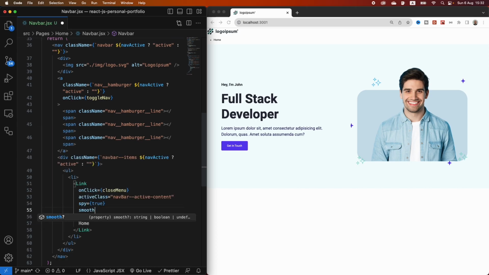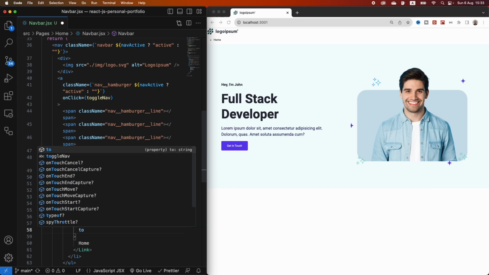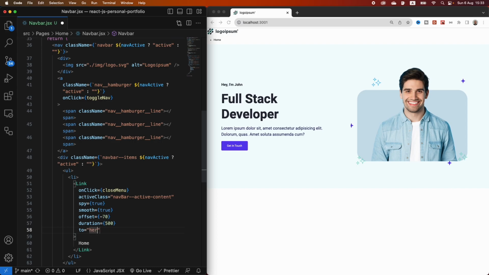We're going to have a smooth. It is going to be set to true. We are going to have an offset. It's going to be set to -70. We're going to have a duration. It's going to be set to 500. We're going to have a to, and it's going to be set to HeroSection. And then we're going to have a class name, and it's going to be set to